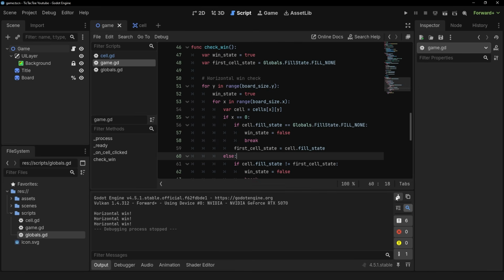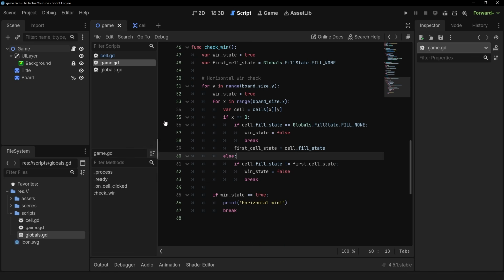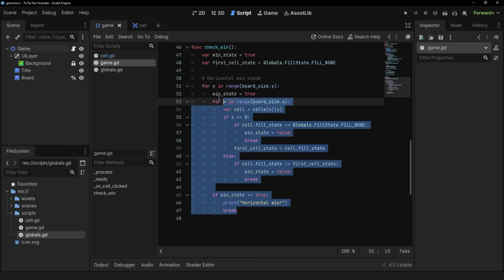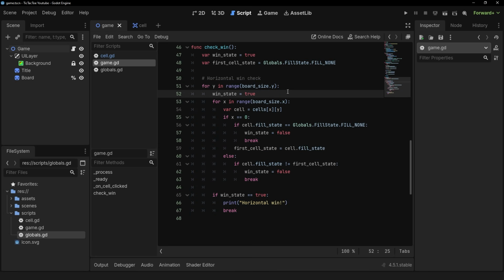Next up, we're going to do the vertical win check, and it's going to be extremely similar to the horizontal win check. As a small challenge, if you want to, you can try to implement this yourself. All you have to do is going to be copying and pasting this code, and you're going to change some of these loop variables and how you check for the first element. All right, I'm simply going to copy and paste all of this